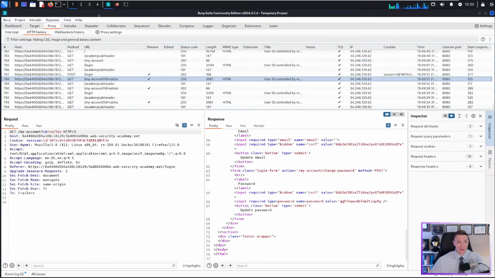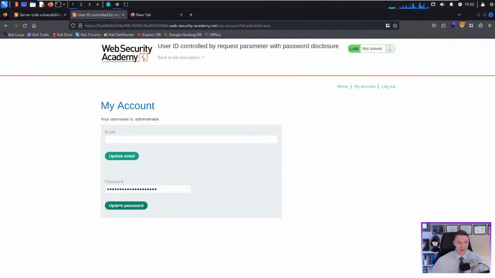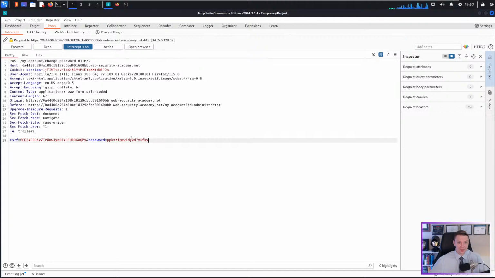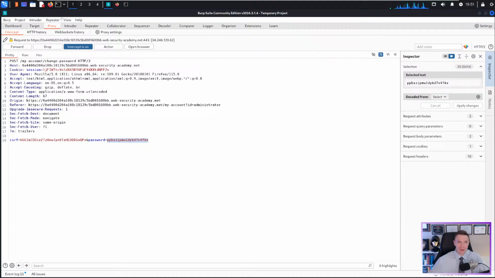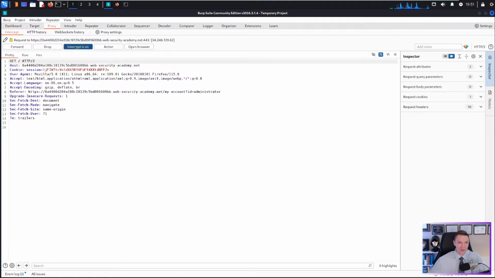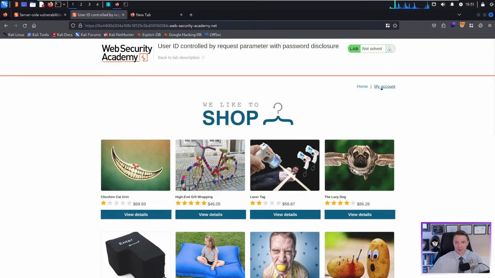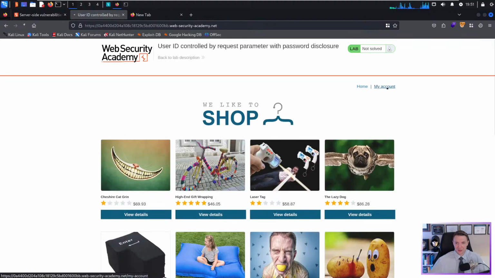Now if we hit intercept and then we hit update password, that's the admin password right there. And then we just go and forward that. Actually, just turn off intercept, and then we'll hit my account, log out of Carlos's account, and